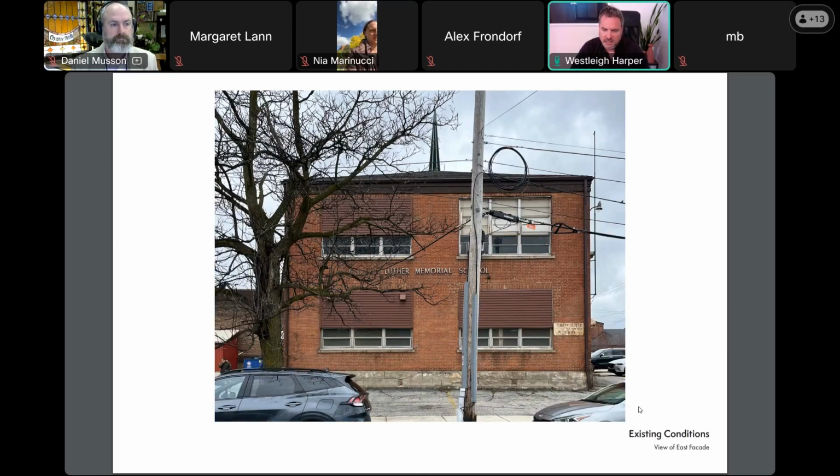Windows that are currently in these masonry openings we believe were installed in the 1950s, replacing a more vertically oriented window system, which we'll see here in a few moments. The windows are also covered by a metal panel system to manage sunlight.